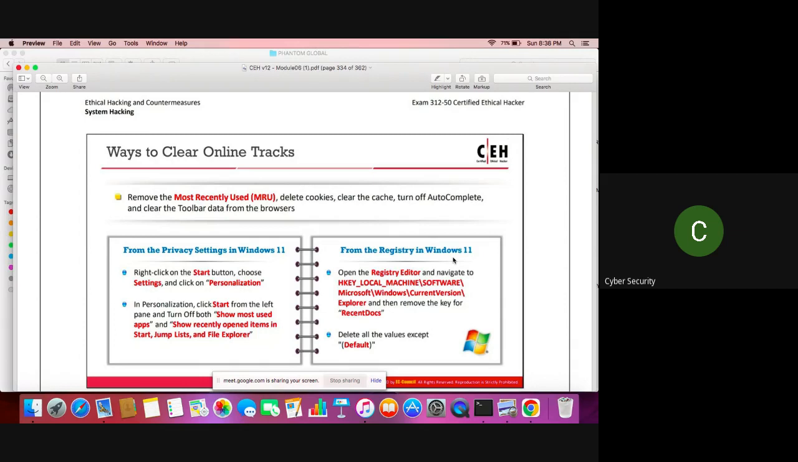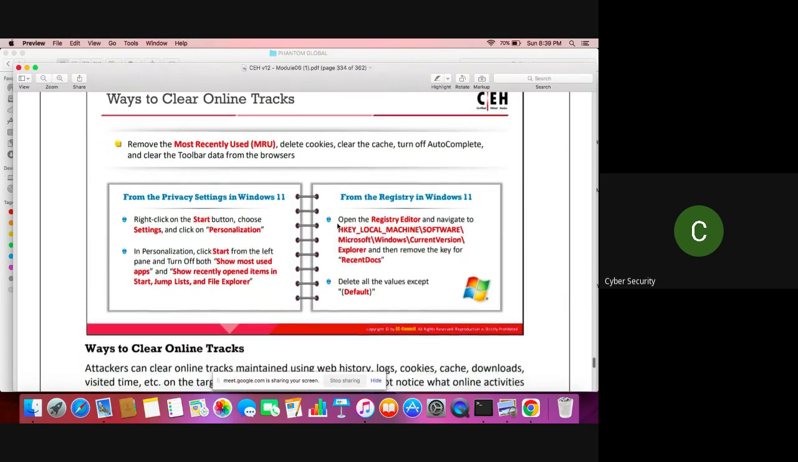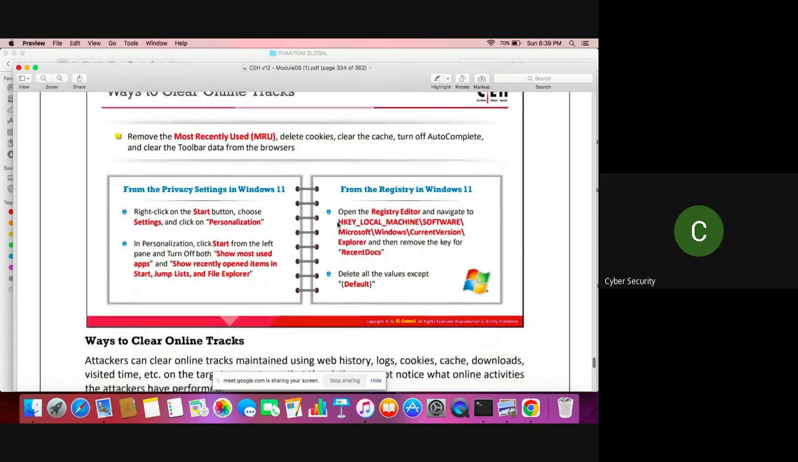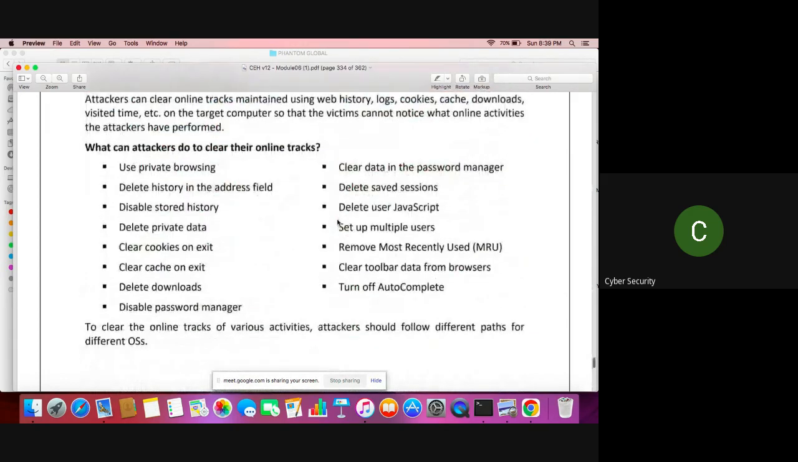Okay, so you can clear online tracks. You remove the most recently used, delete cookies, clear the cache, turn off autocomplete, and clear the toolbar data from the browser. So for Windows,